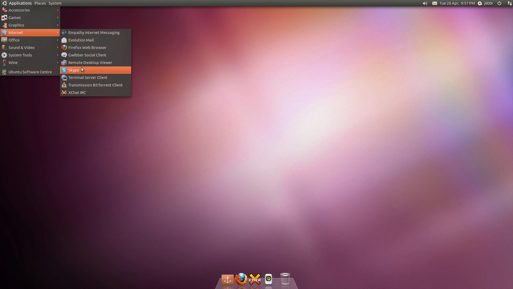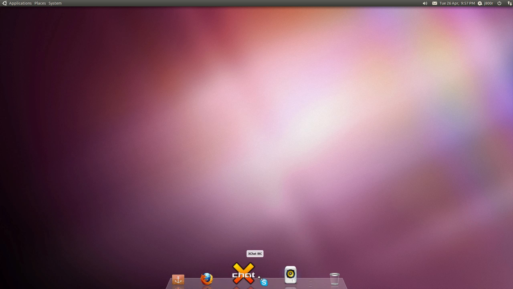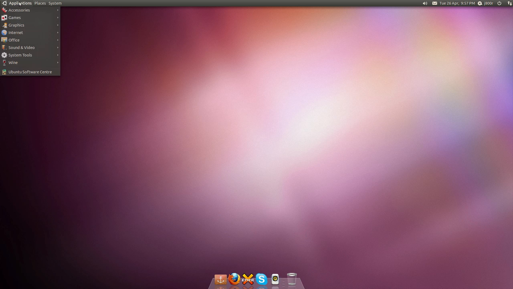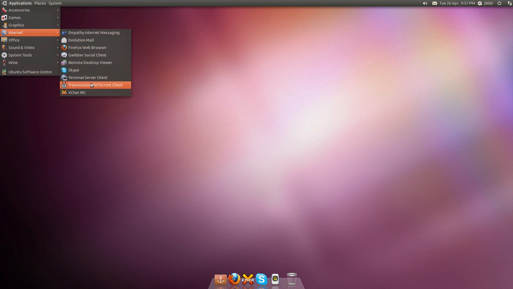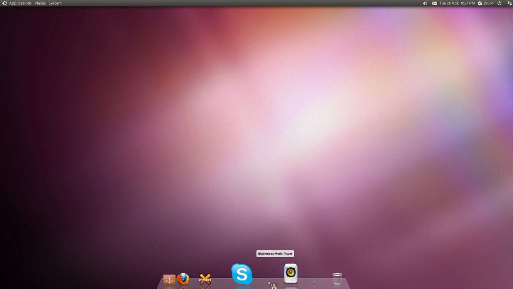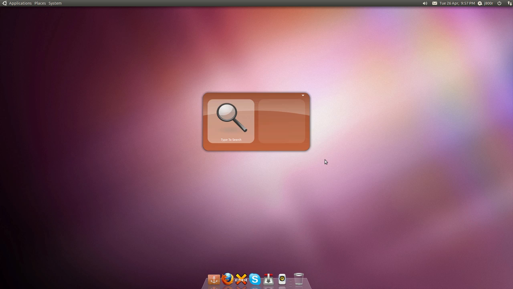Oh, let's put Skype in there as well while we're at it. Skype. And transmission as well. Okay, so now I have a few apps in my dock. Okay, that should do the job. Next up, let's bring up Ubuntu Tweak again, because now I want to show you the package cleaner,